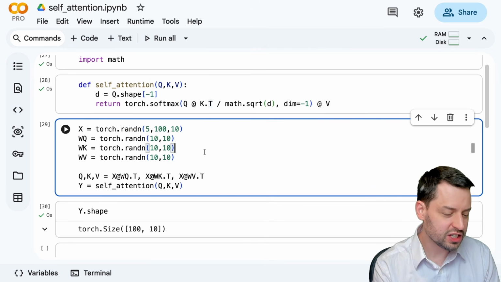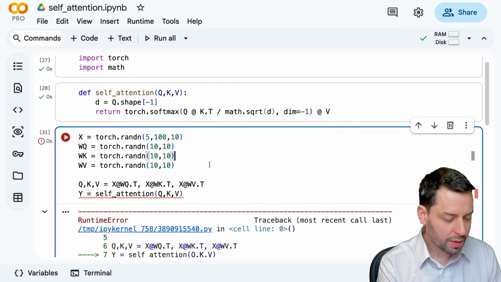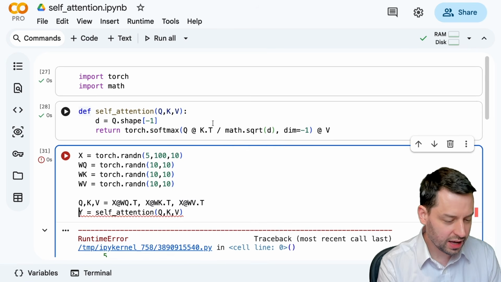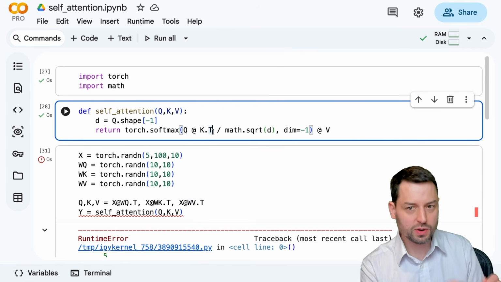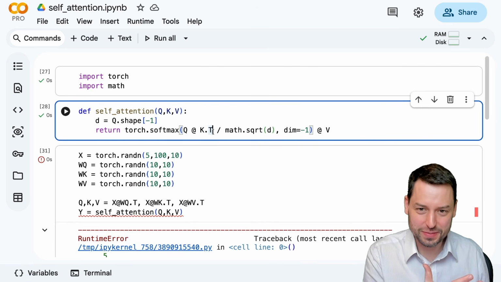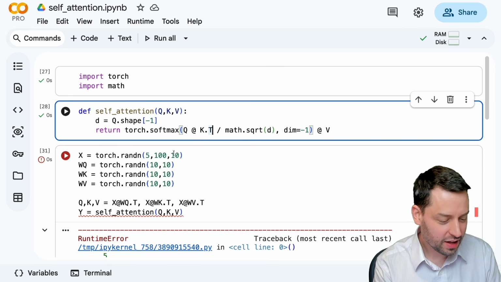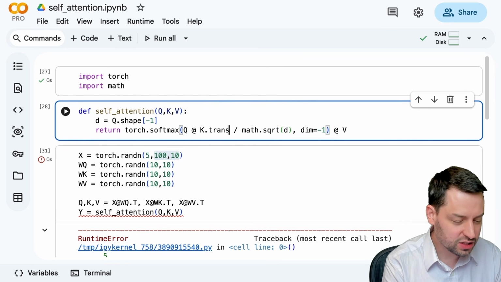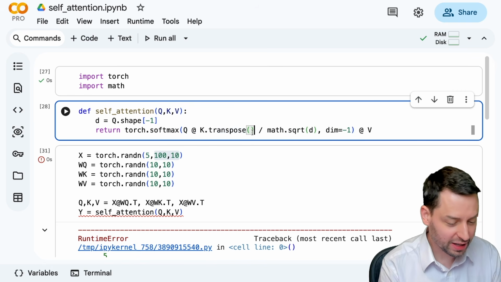And if we just did this as it was, something would break here. It breaks in this line, because you can't apply this simple transpose operator, the .t operator, to a tensor if it's not a two-dimensional tensor, i.e. a matrix. So when you have a larger set of dimensions, you need to explicitly transpose the last two dimensions